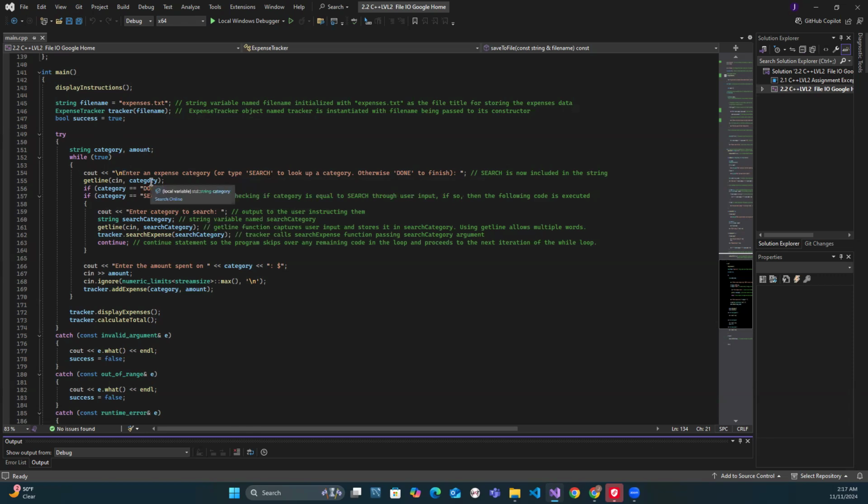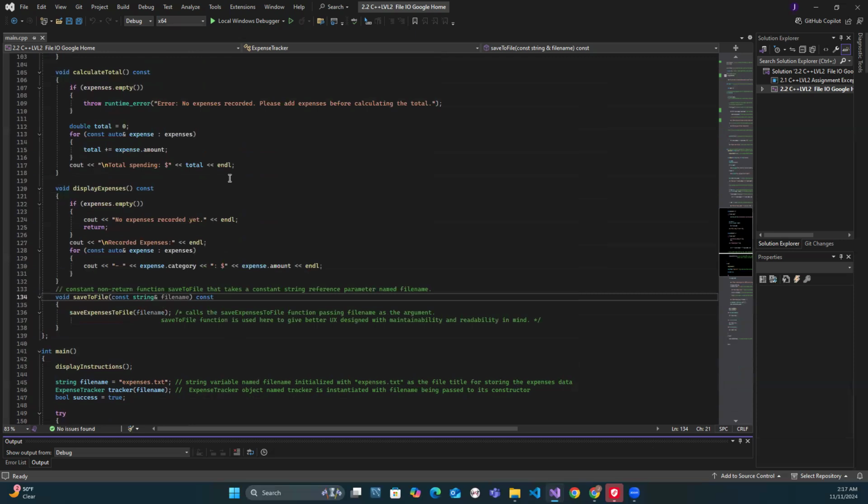And in this getline, in this input, when they go to type in their category, if they type in done, it breaks and goes to the next line of code. If not, search will bring them into this block here, where they will enter the search, and it'll prompt them to the search expense function